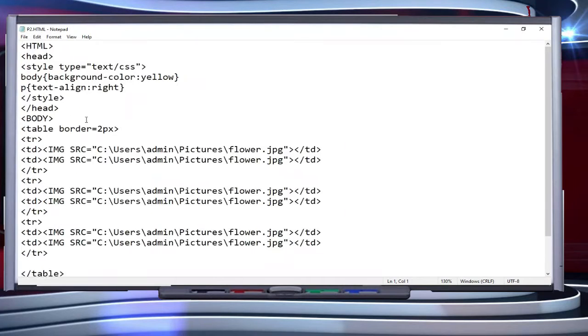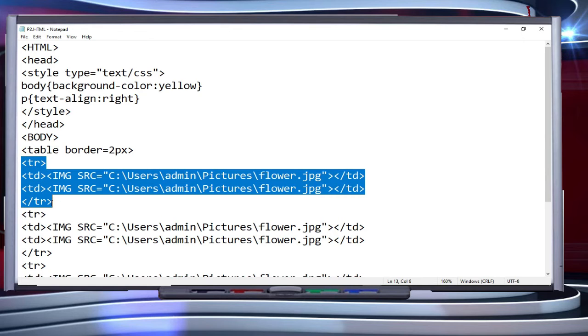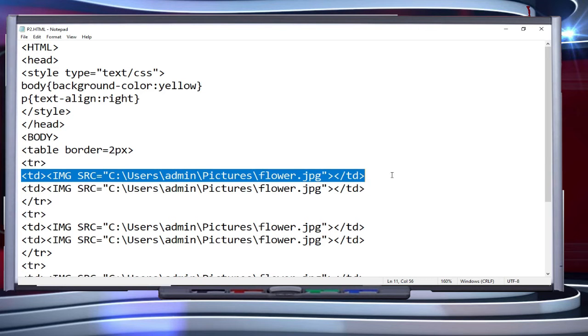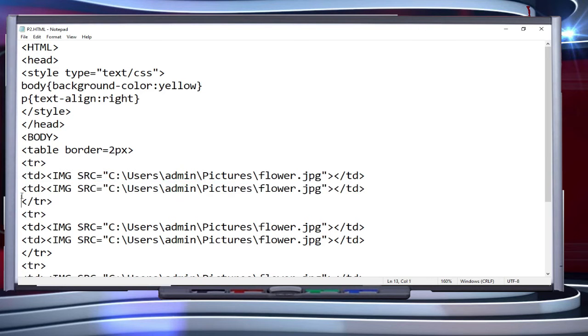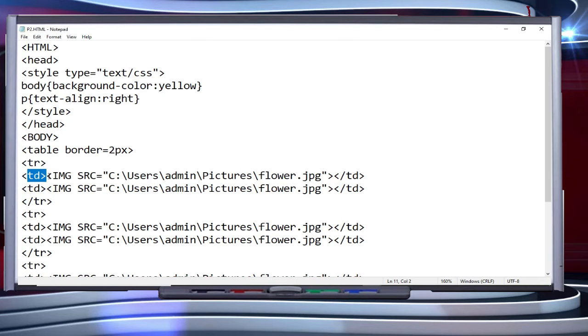You can check here, now I've used a table, and in that table the border is equal to 2 pixels. TR is our first row and we are closing TR here. It means this is our first row. In this first row we have two columns. This is the first column and this is the second column. We define a column as TD, and within that